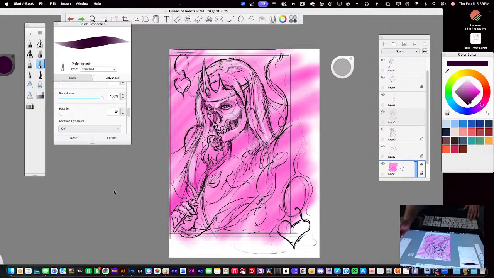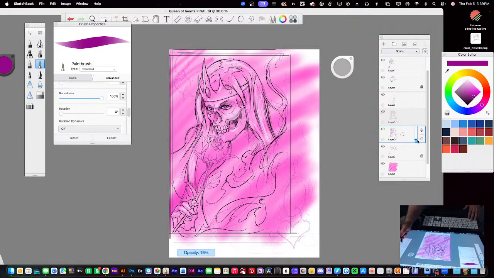Whoa, wrong button. Come on, there we go. Pink. So basically that. Hey, Kelly. So yeah, this is basically going to be the start of tonight's feed.